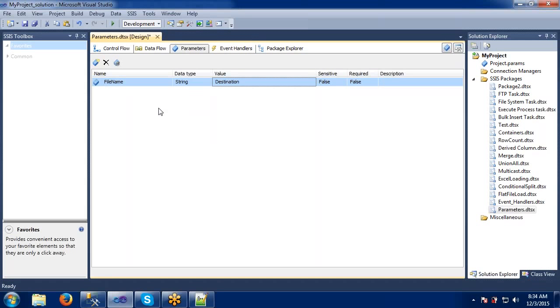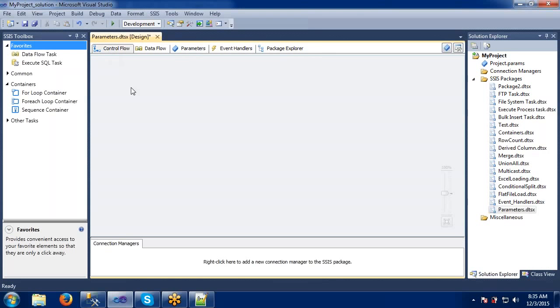Where I have given this one, in the package, means the scope of this parameter is up to the package only. This is the normal parameter which we can define within the package. This is one parameter where we have given some file name here, within the package.